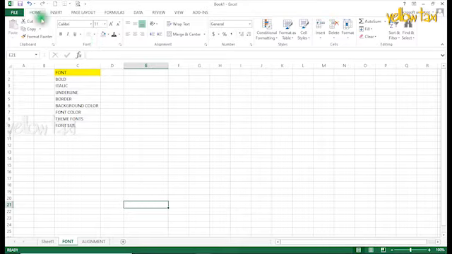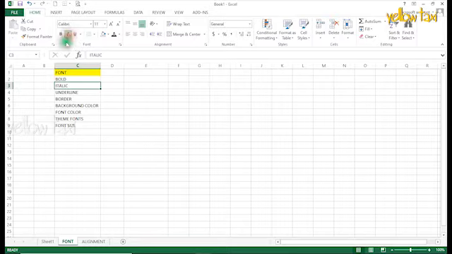From the Home tab, let's go to the font items. On your screen, in the Home tab, under Font, there are bold, italic, underline, border, and many more options. For example, if you need to change a text to bold, you can click on B, and alternatively, you can use the shortcut Ctrl plus B. Same, if you need to change the text to italic, you can click on I, and the font is italic, and alternatively, you can use the shortcut Ctrl plus I. For underlining the text, you will choose U or shortcut key Ctrl plus U.